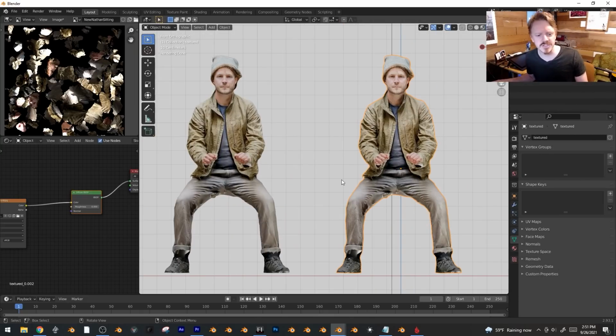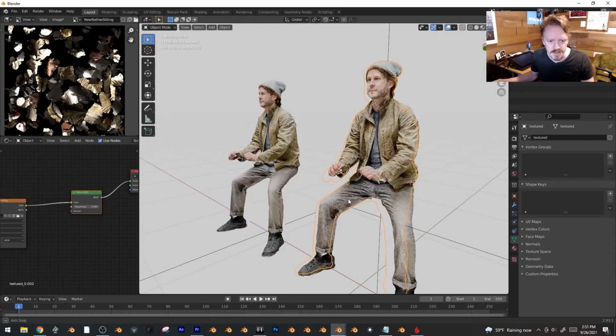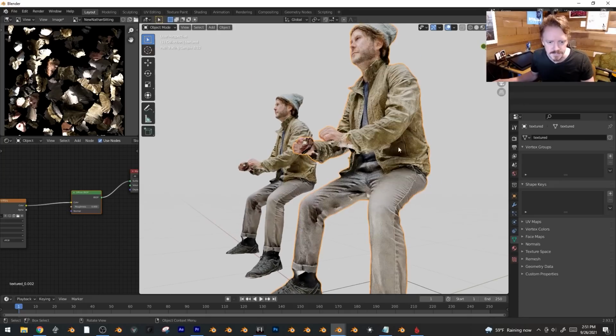And right now the change is pretty subtle, and that's good. It's better to under delight than over delight. But I'll show you an example in a second where it's really useful, especially for architecture stuff. But okay, so we've got this, but we've still got areas of occlusion here, like under the arms